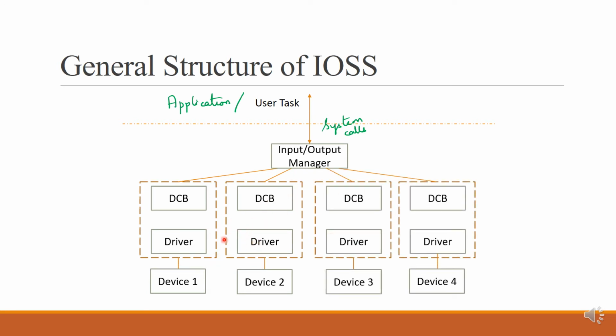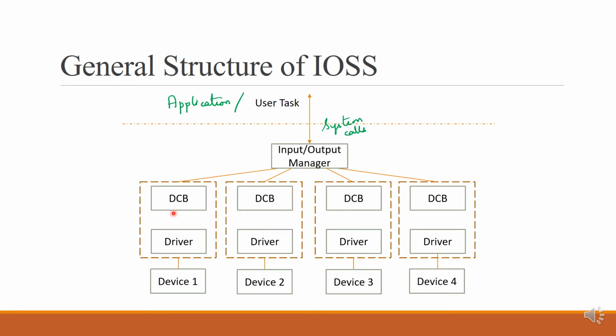Then the typical DCB contains the following information. We know what type of information the DCB holds. It holds the information that is present in the system calls. For example, it can have data related to the amount of data to be transferred, type of data, and status of the devices. Once it sends all the system call information to the DCB, the DCB understands what type of information it has received.